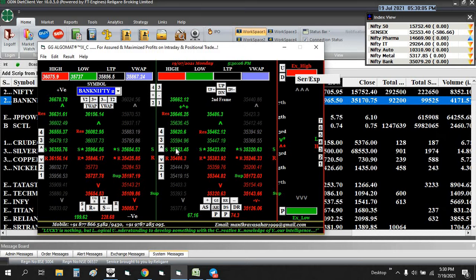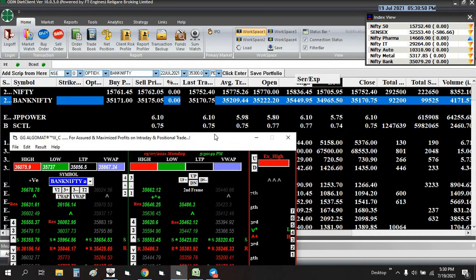At the same time I want to tell you one thing. I have said that if the market is opening on the red side, the trend is completely negative, but some days it won't behave straight away. It will open in the negative zone and then go up and up, break the higher highs and move up. We cannot predict exactly, but when we wait for confirmation and then execute our trades, it will be a perfect trade. Simply, we won't take entry if it is reaching this particular level or this particular level. We will wait for the confirmation. At least it should reach this area, or otherwise this area.